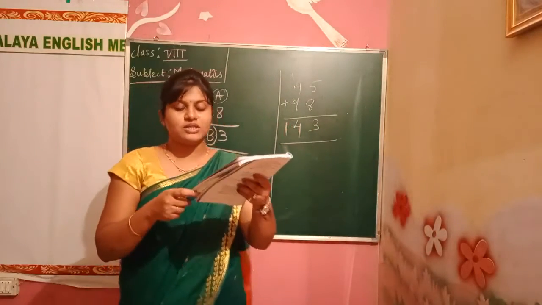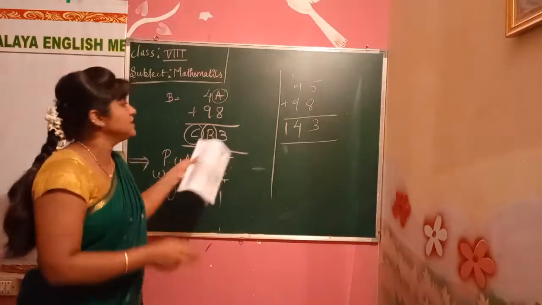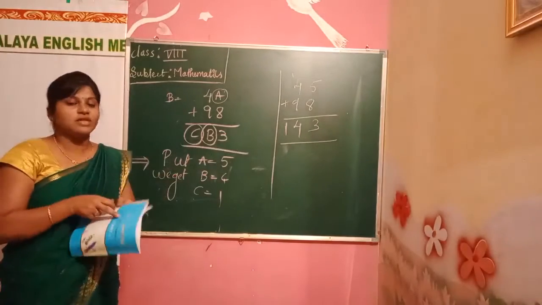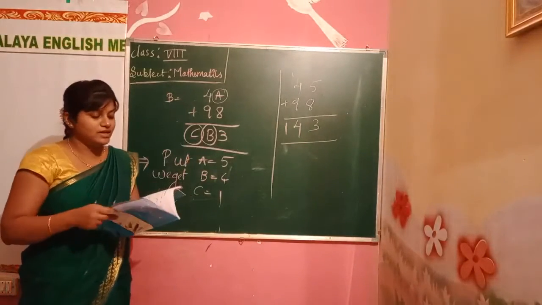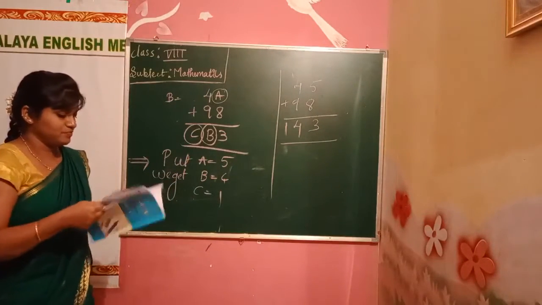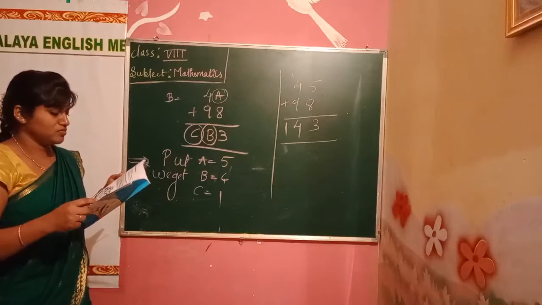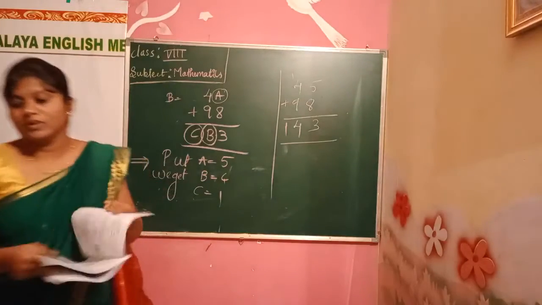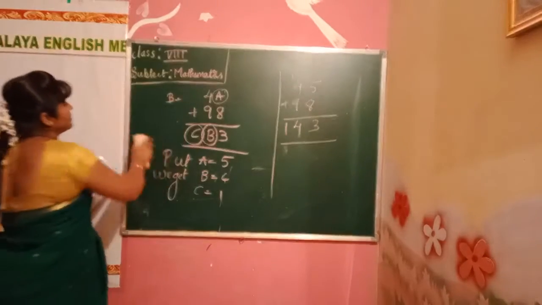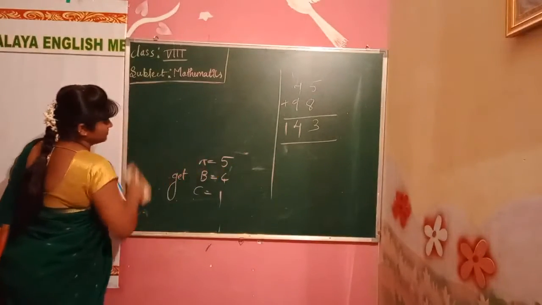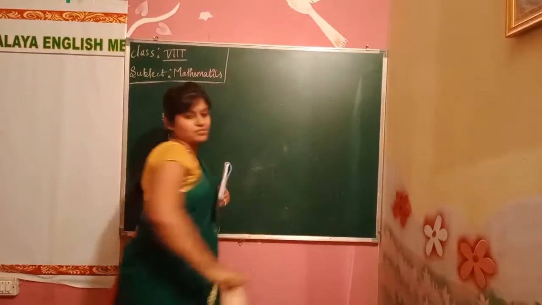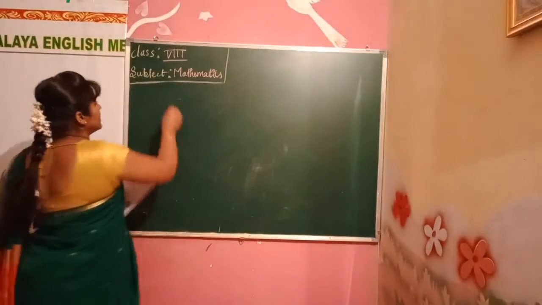Now we'll move on to the third one, children. Right, copy this in your fair notes only. Write exercise number 1.1 and copy the answers. Next one I will write now. Third one, write the third question.